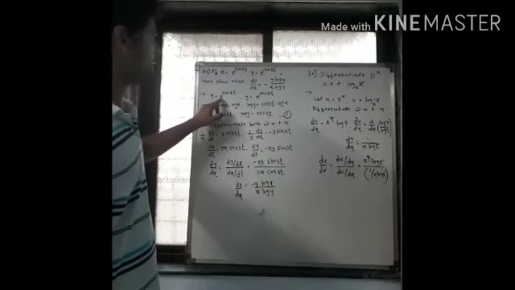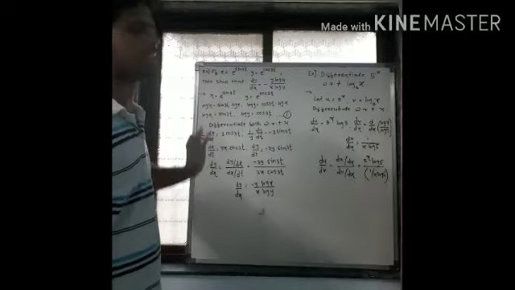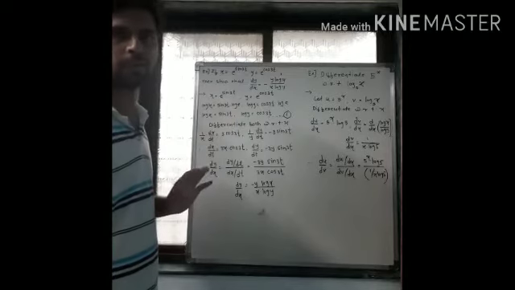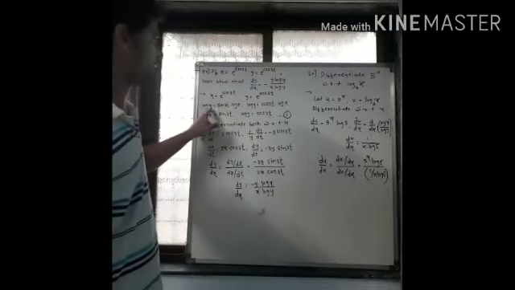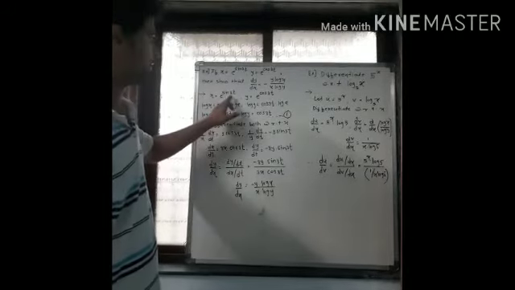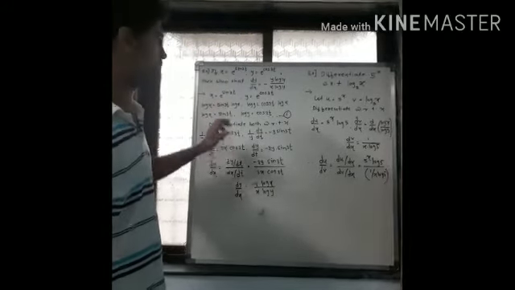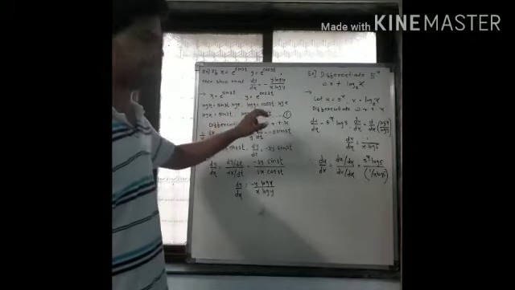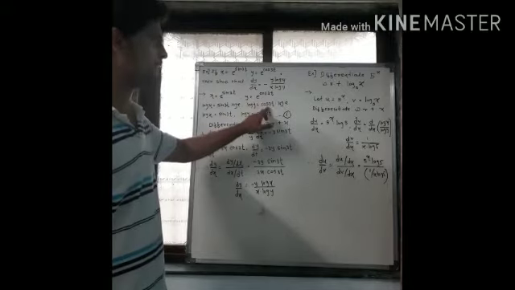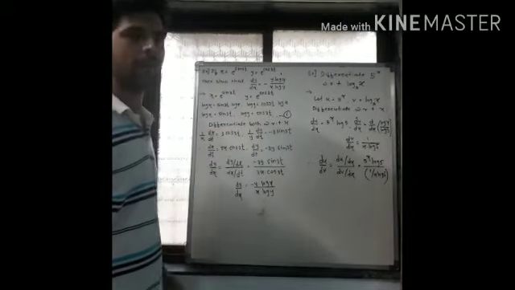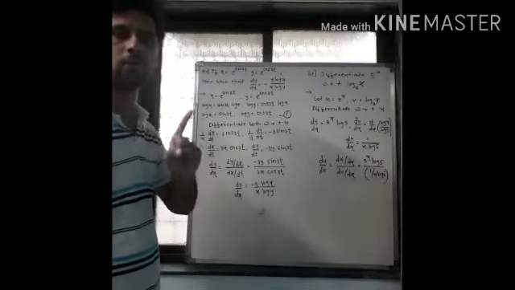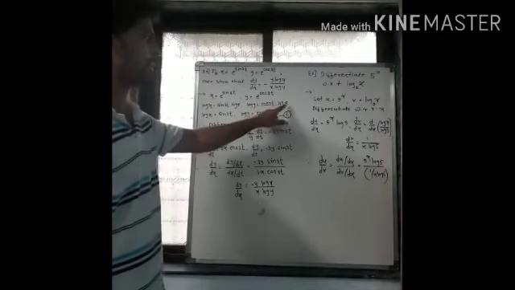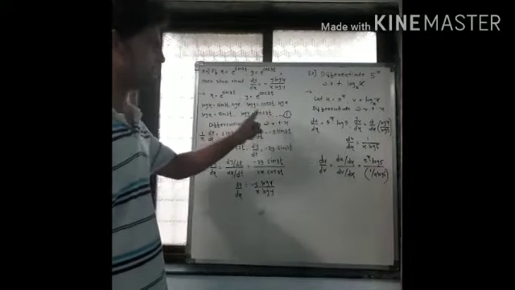But you can see that here e raised to sine 3t is in power form. So to get rid of this power, we'll take log on both sides. If you take log on the left side, you will get log x, and if you take log on the right side, this sine 3t will come before log. So sine 3t into log e. Same for y, take log on both sides. Log y equal to cos 3t, which comes before log, and you will get log e there. But don't forget, the value of log e is always 1. So sine 3t into 1 becomes sine 3t, and cos 3t into 1 becomes cos 3t, right?